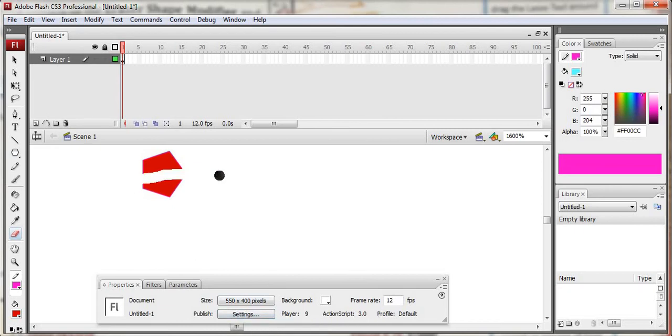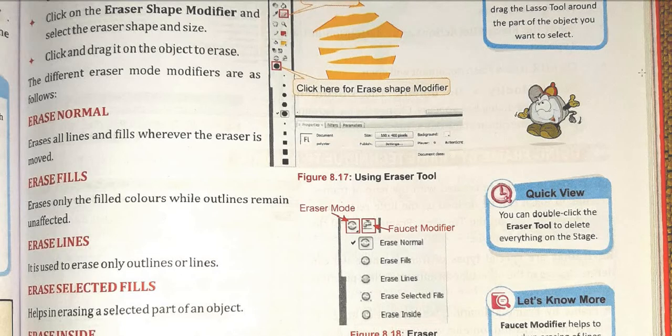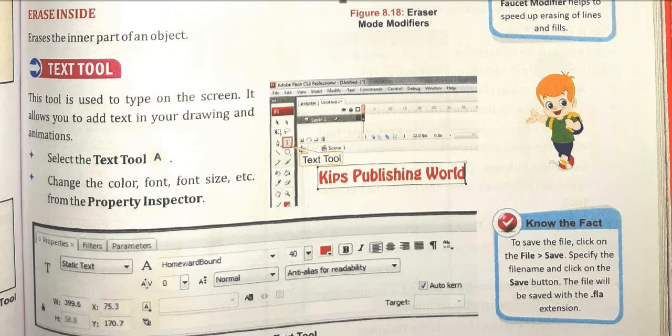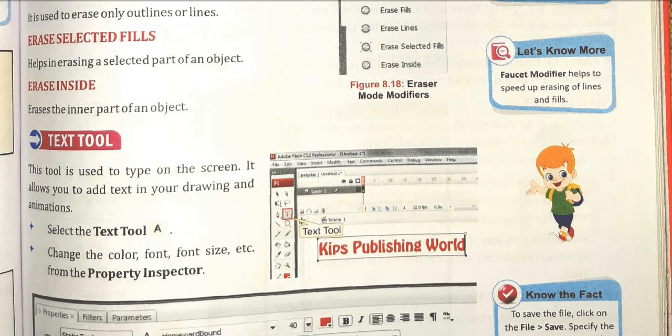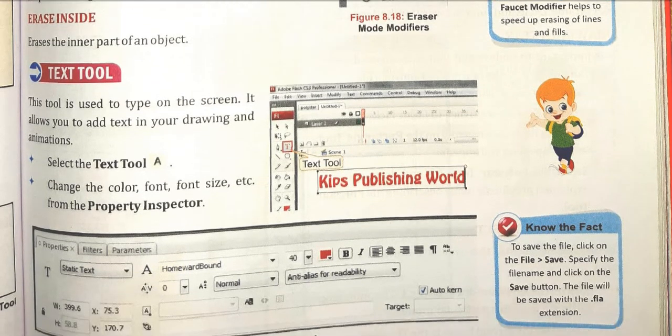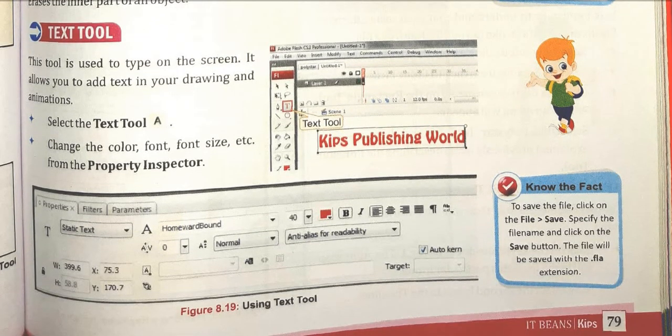And from here I can rub it like this, rub it like this. Okay. So this is the use of the eraser tool. As per your requirement, you can use all these, and for anything, whatever options you want for the eraser or whatever, the modes related to that will be at the bottom of the toolbox, or from the properties inspector.